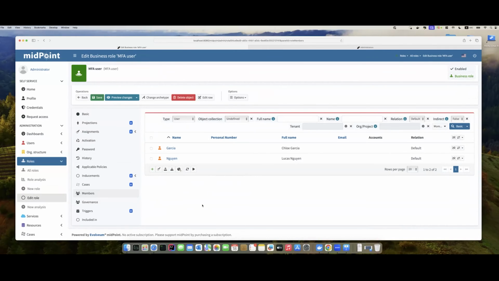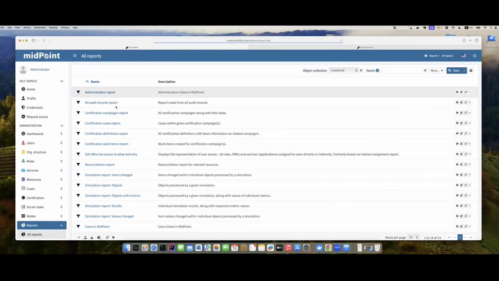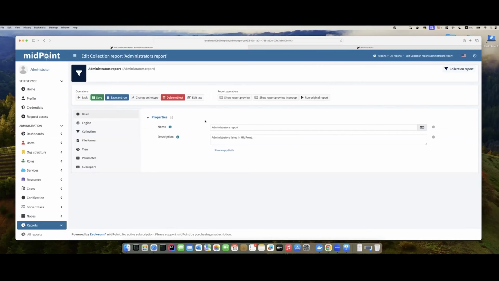So how do we find out if the organization is really large? The easy way is to prepare a report, and we have such a report prepared here. That report essentially checks which people with the selected archetype belong to the group and which do not.